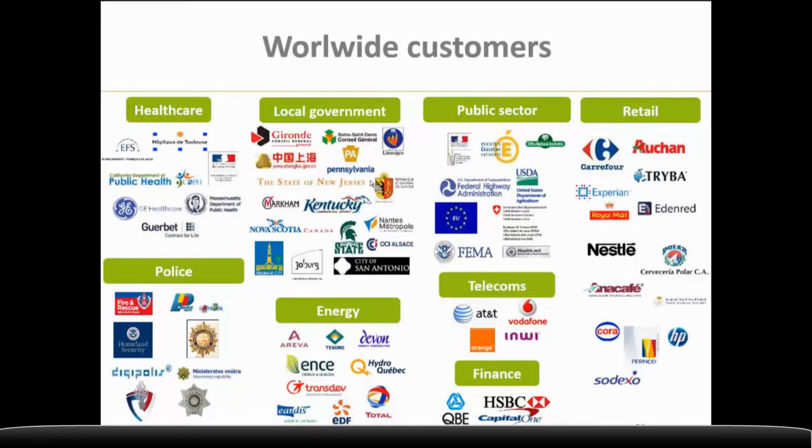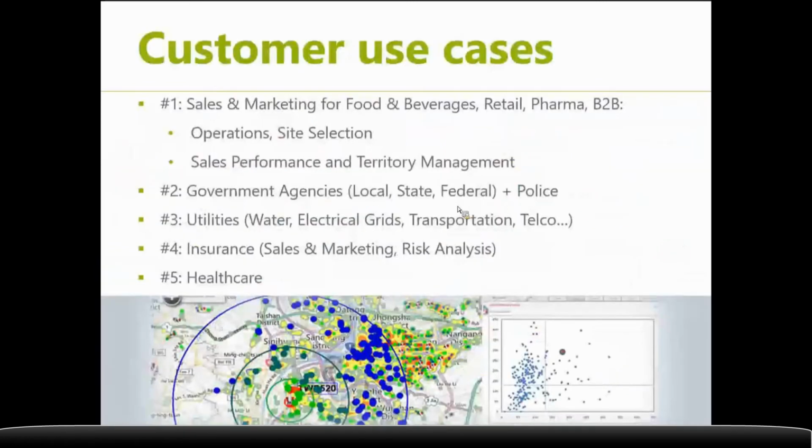We do tend to see five core areas where our solution tends to be more predominantly used. Sales and marketing for food and beverage, retail, pharma, in particular use cases that are supporting operations or site selection, as well as use cases around sales performance and territory management. These are definitely bread and butter use cases for us. We see these time and time again in some of these different verticals, but needless to say, we extend to